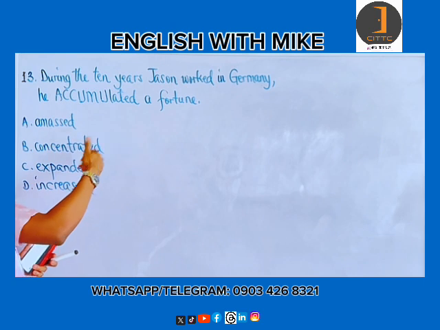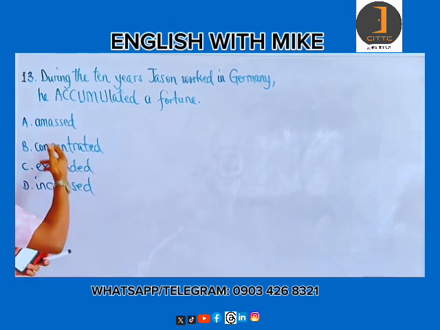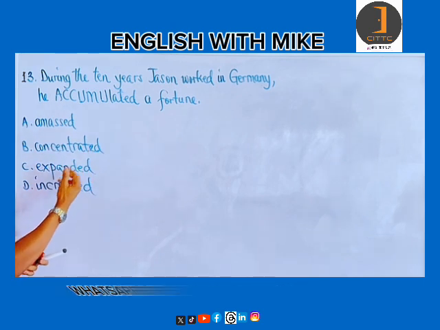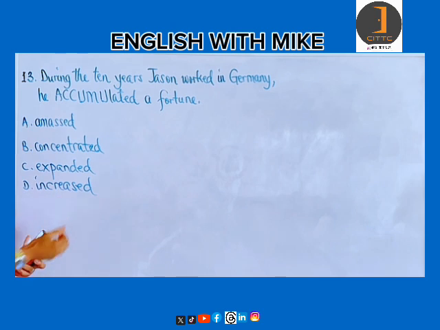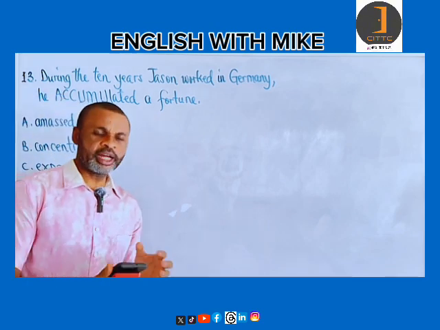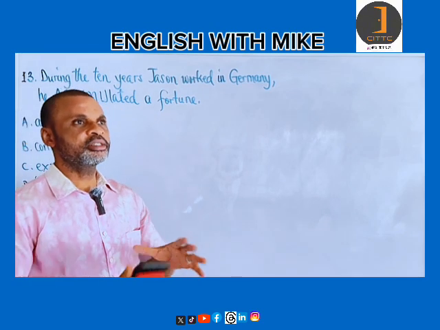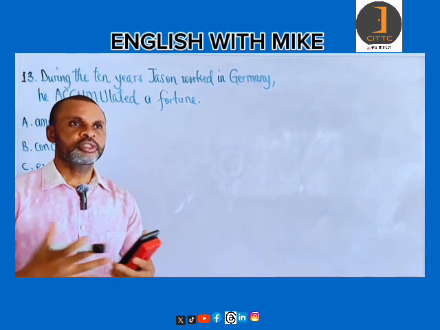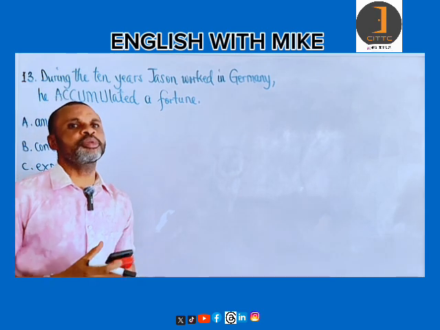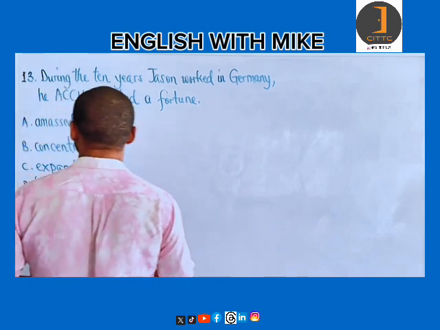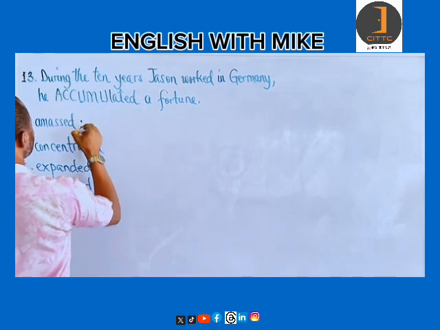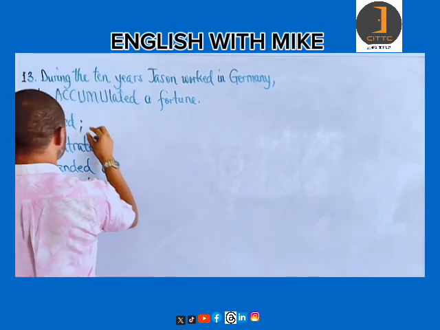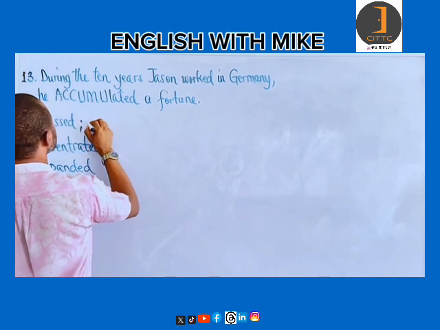In this case, in the past: accumulated, amassed, concentrated, expanded, or increased. To accumulate means to gather or collect, especially over a period of time. Therefore, synonyms would be all of them in the past: accumulated, amassed,